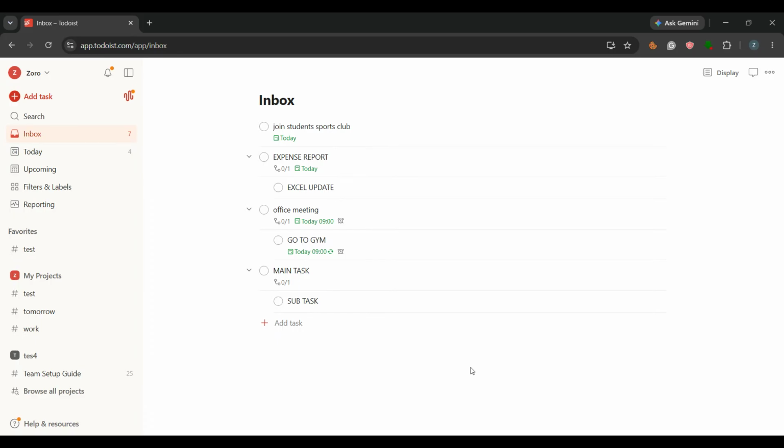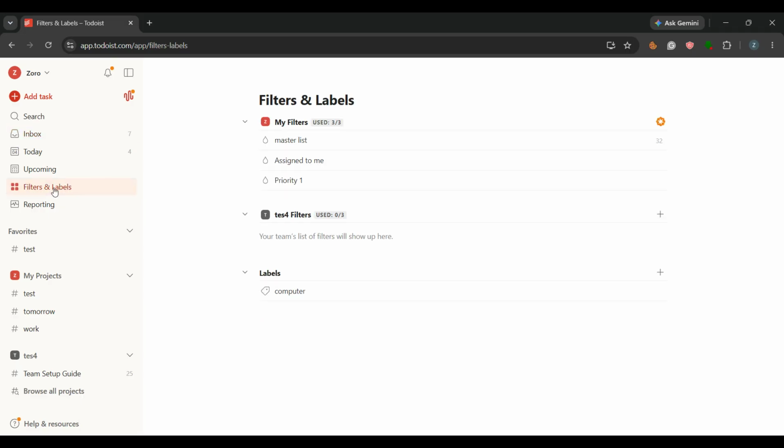First, open Todoist and look at the left sidebar. This is where Todoist keeps your projects, filters, labels, and other navigation options. Scroll down until you find the section called Filters and Labels. This area is important because filters let you build custom views based on rules you choose. Instead of checking each project one by one, you can make Todoist show you exactly the tasks you want in